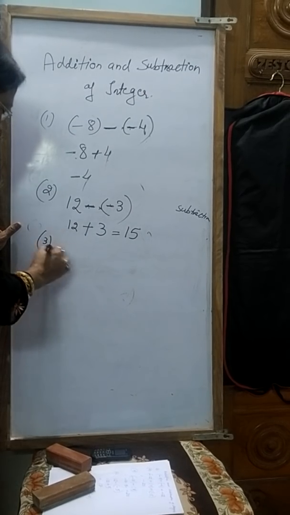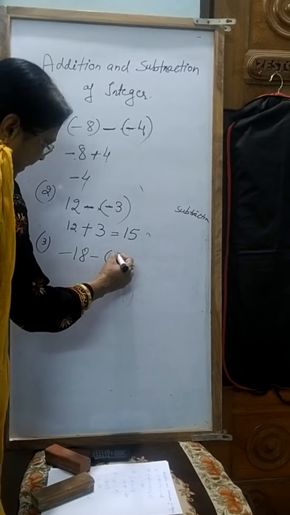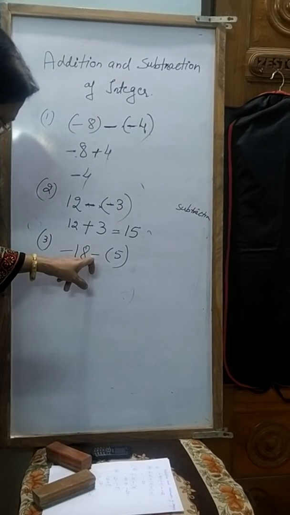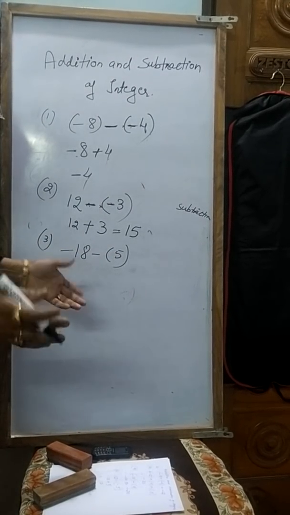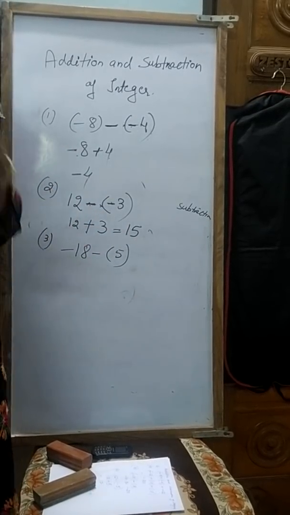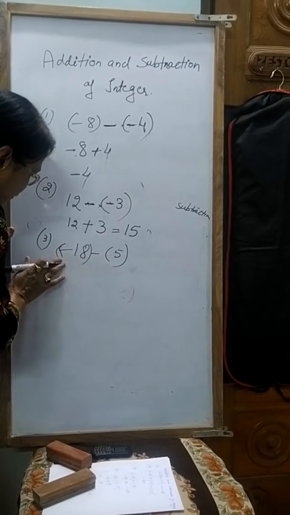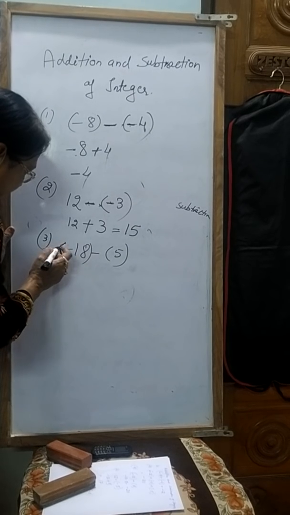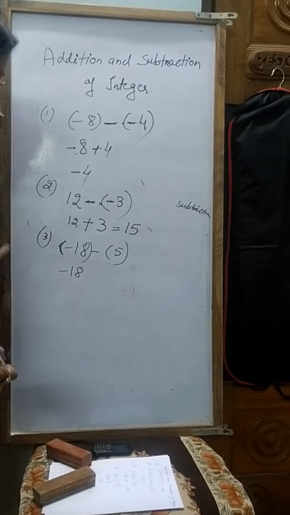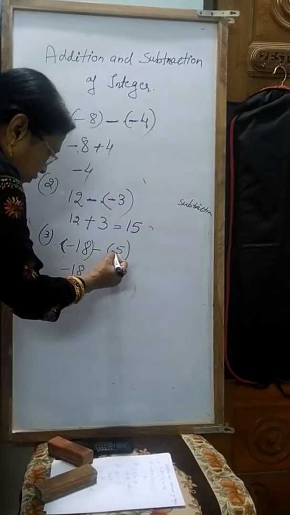Third case, suppose -18 में से 5 को सब्सट्रैक्ट करना है. -18 में से सब्सट्रैक्ट +5. अगेन सेम प्रोसीजर, you have to open the bracket. फर्स्ट हमें ओपन ब्रैकेट करना है. कैसे करेंगे, ये जो 18 है, 18 सपोज ब्रैकेट में है, तो इस 18 के बाहर प्लस साइन है, तो प्लस और माइनस that is -18. ये हो जाएगा -18. ये माइनस है और इसके पास कोई साइन नहीं है.